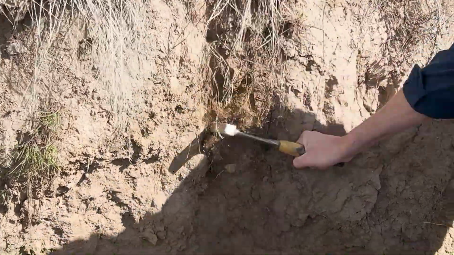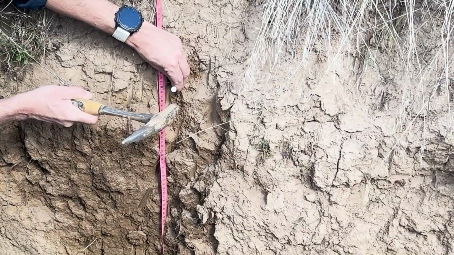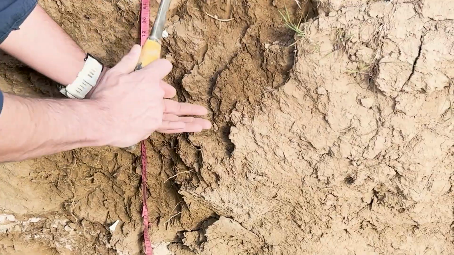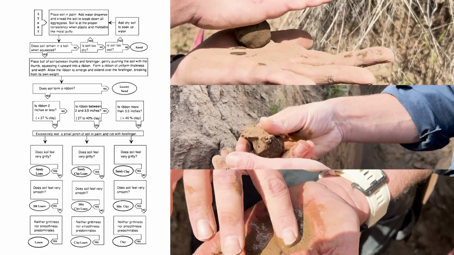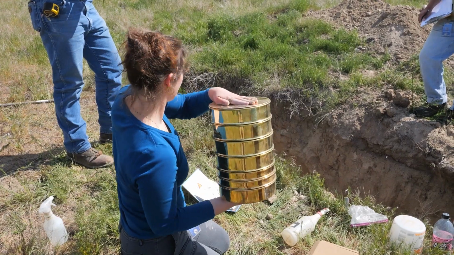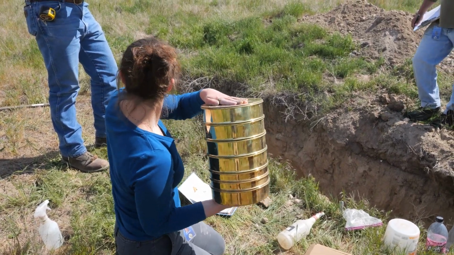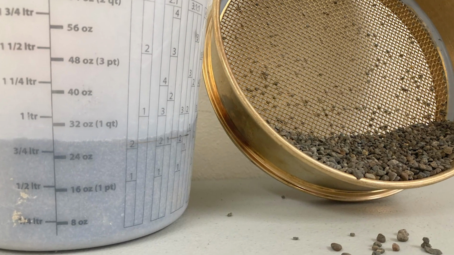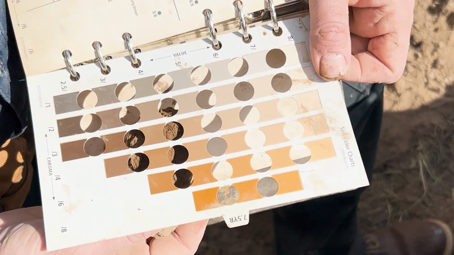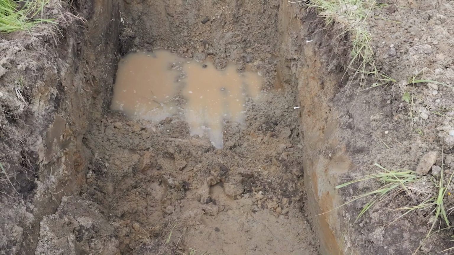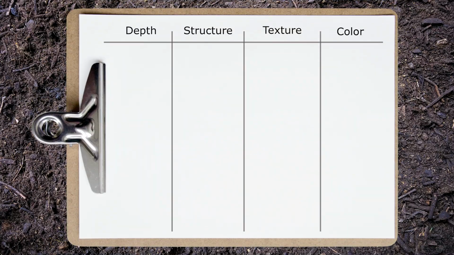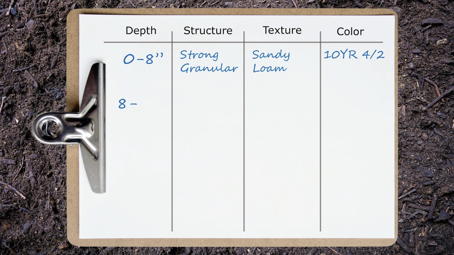Prepare the test pit wall. Mark the different layers and make sure you know their depth. For each layer, figure out the structure. Follow the flowchart to find the texture. If the soil is sandy, use your sieves. And if there's significant rocks, find out what percentage. Always note the color, and look out for water, mottling, or a restrictive layer. And write down all this information in your soil log.